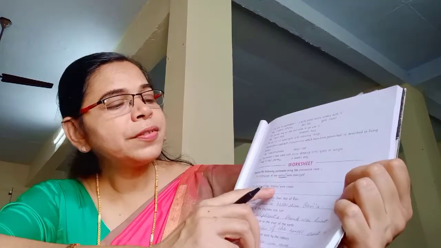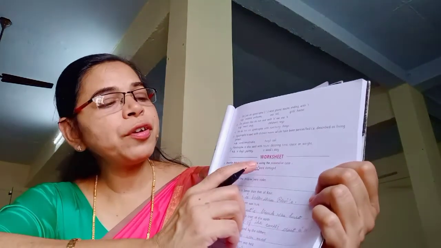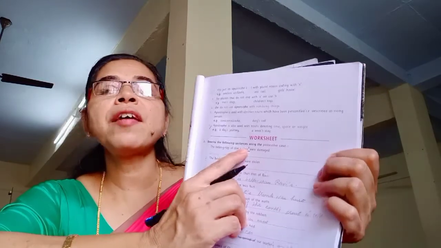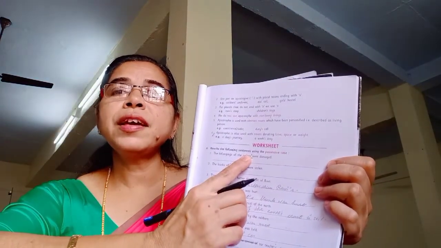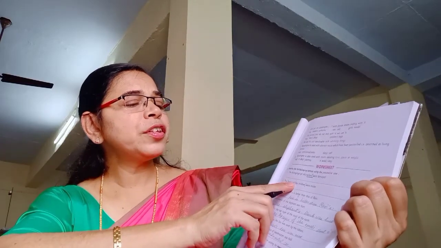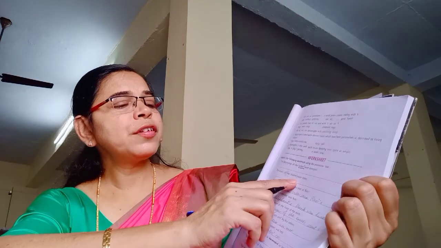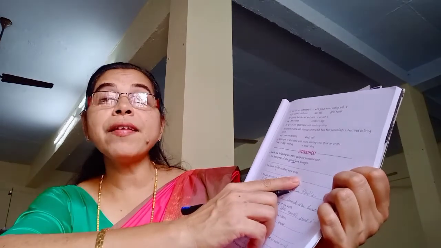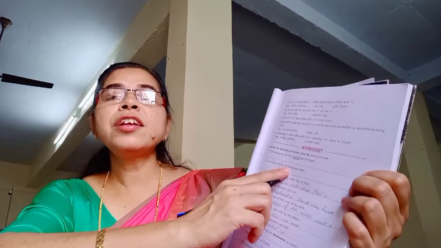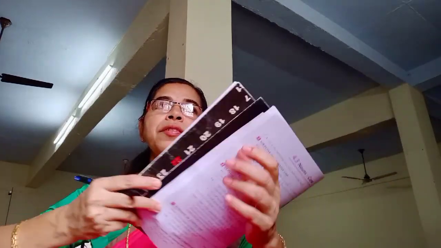Belongings of the sailors. So we have to place the apostrophe after sailors. The word is given here, you can see sailors. It's a plural word, so you have to place the apostrophe after s. Then, the books of the children were stolen. The children's books were stolen. After children, place an apostrophe mark.